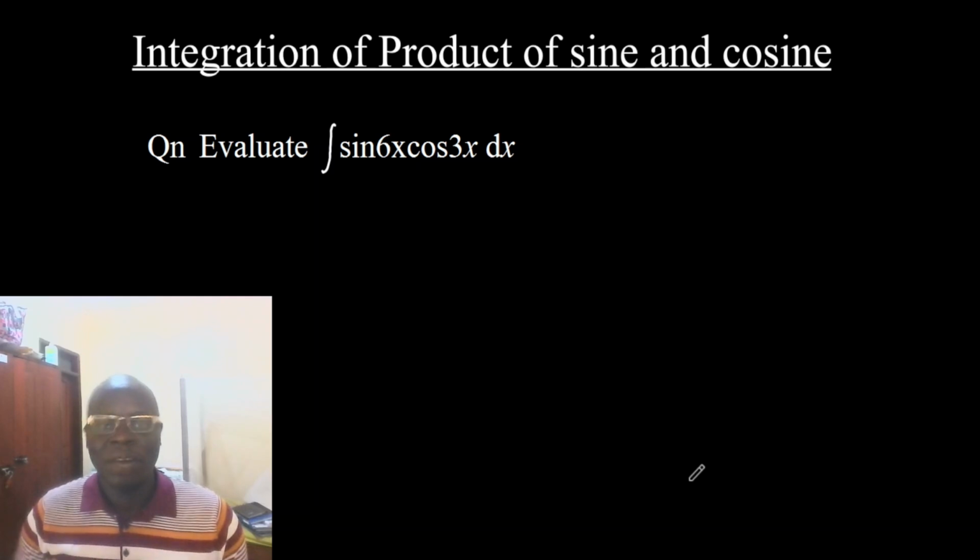Today on our board we have some integration of product of sine and cosine. As you can see here, our question says evaluate the integral of sine 6x times cosine of 3x with respect to x. So in our previous video we looked at